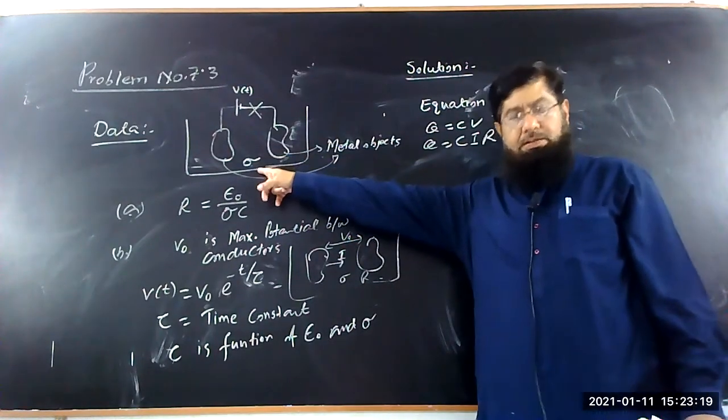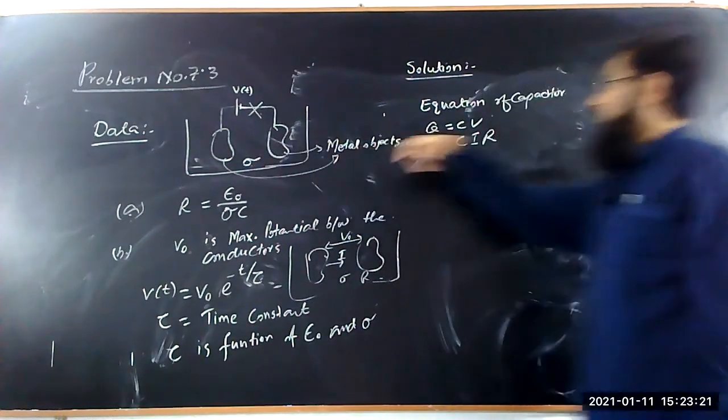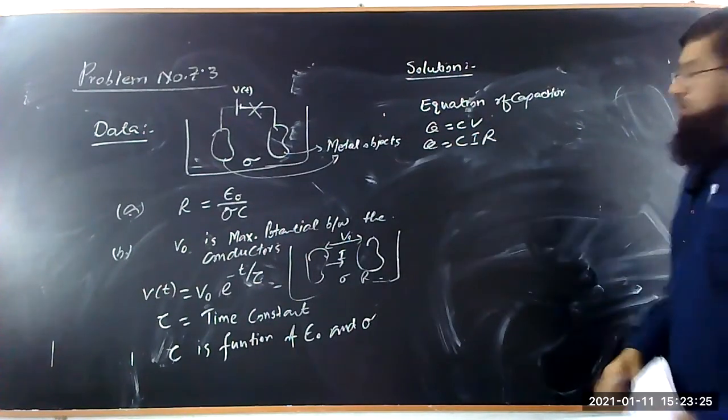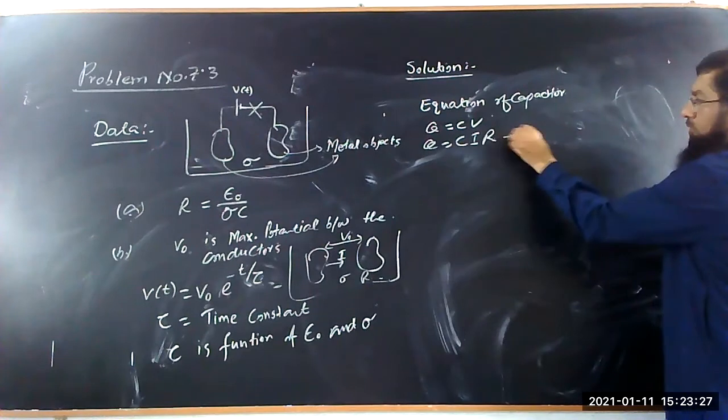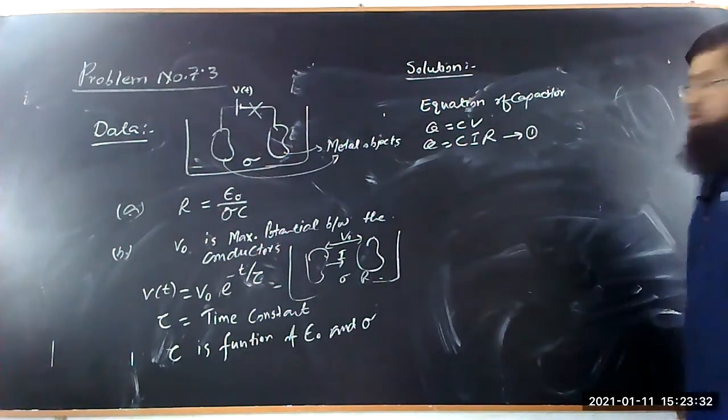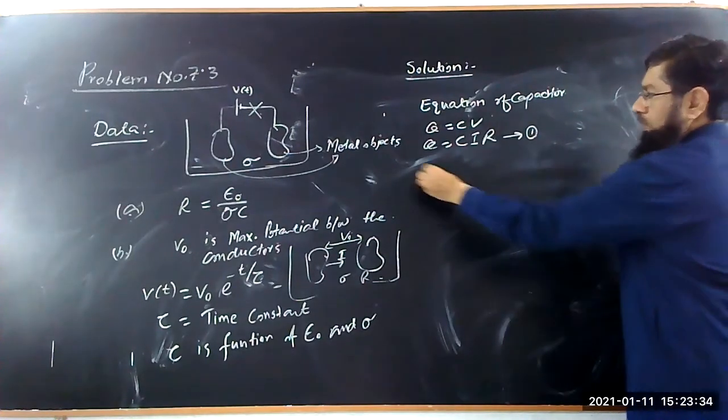Sigma is the conductivity, R is the resistance. So here Q is equal to C into IR, where I is the current. Let's call this equation number 1. So here, this current I, we know that